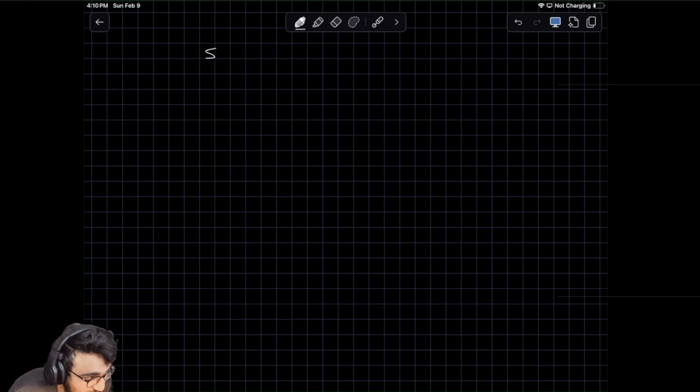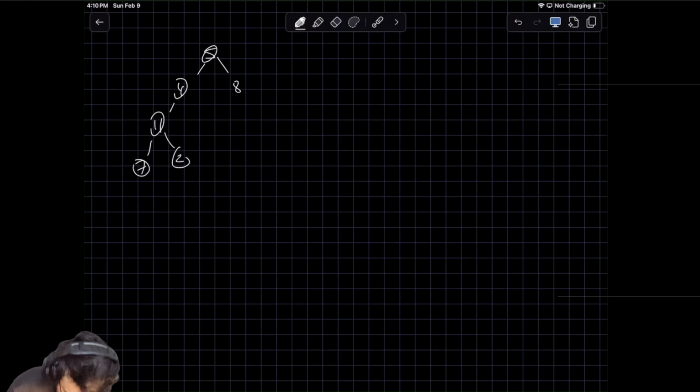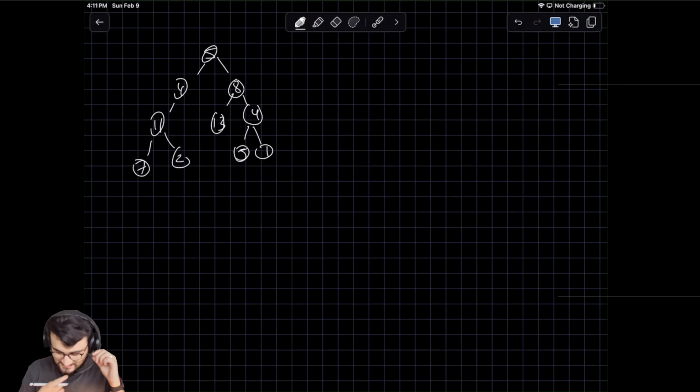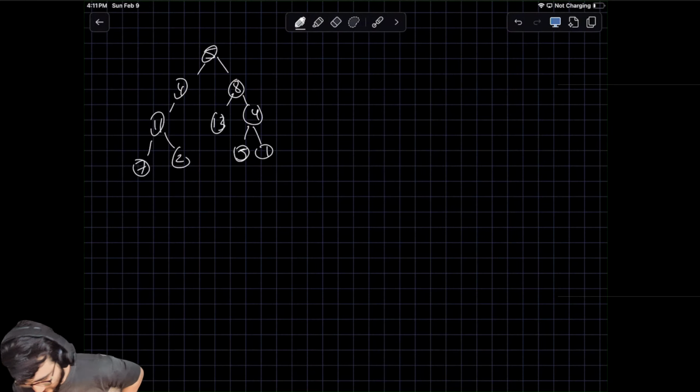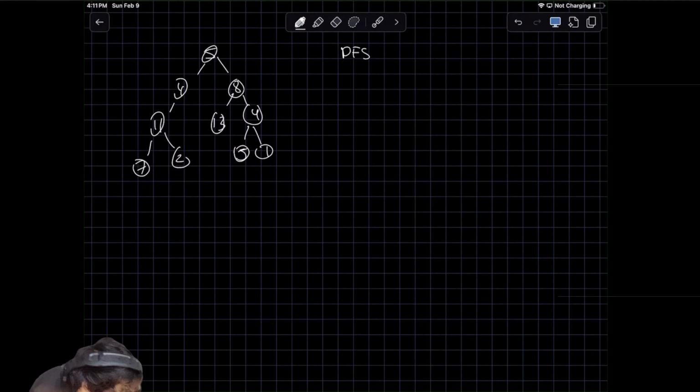So the tree is 5, 4, 11, 7, 2, 8, 13, 4, 5, 1. Like I was saying earlier, I think the way to do this would be depth first search, right? So you'll just keep going down until you reach your base case where if left equal null